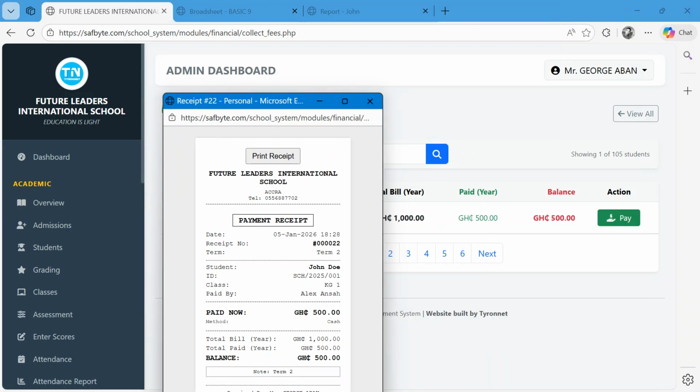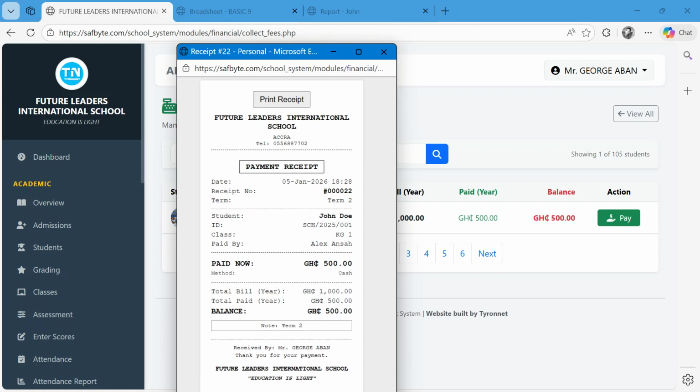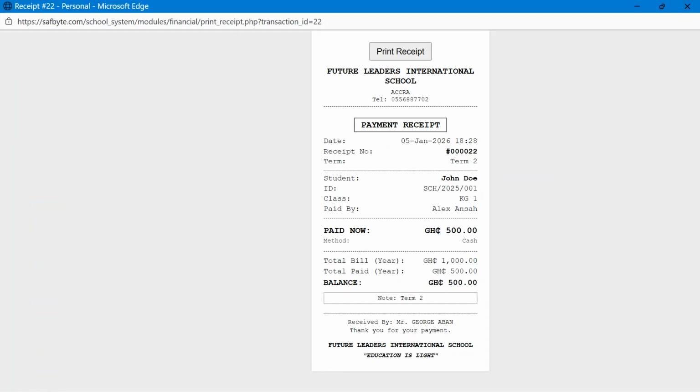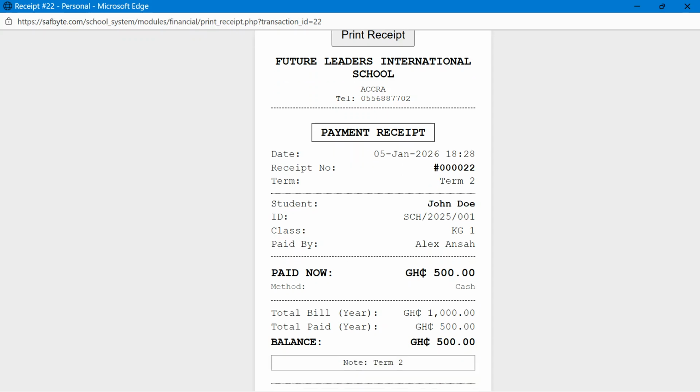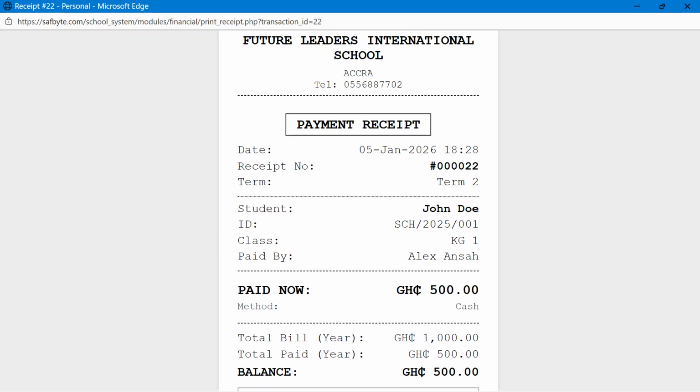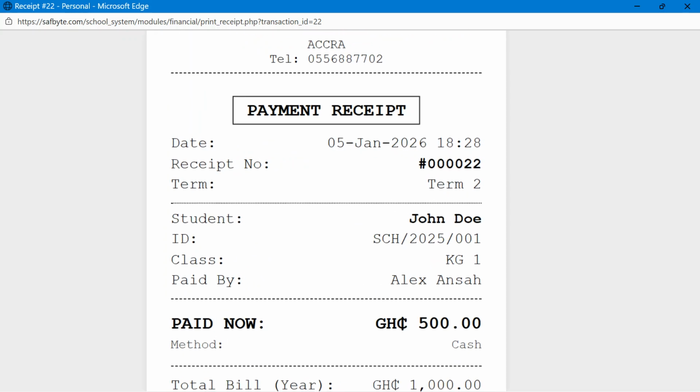Okay, this is what we call the thermal receipt. So when you zoom the receipt, you'll be able to see. Let me make it big so that you'll be able to see everything. So the name of your school will show, the location, the number will show, and the receipt details. So the date the person came to pay, the receipt number, which will be saved in the database,